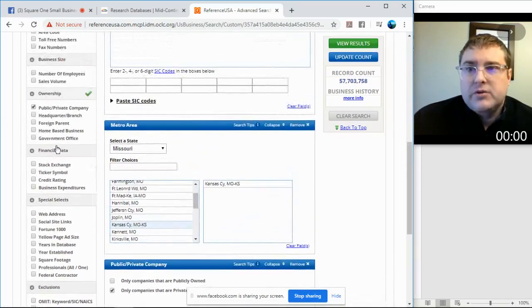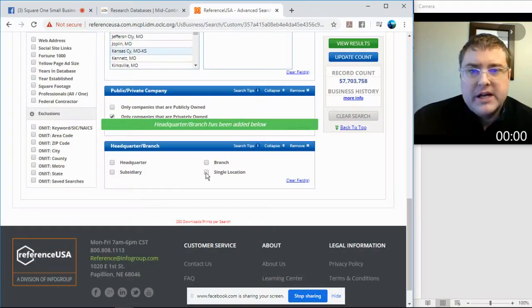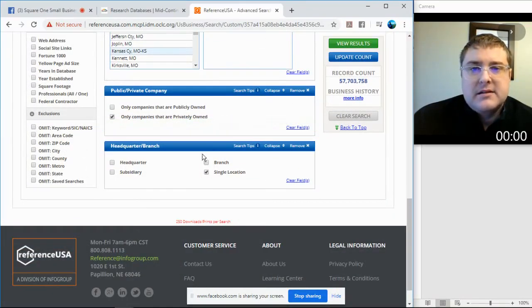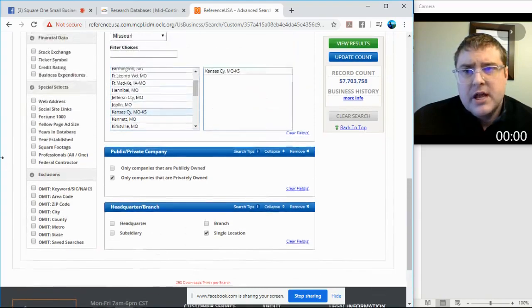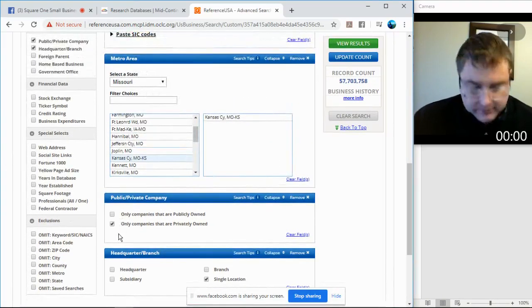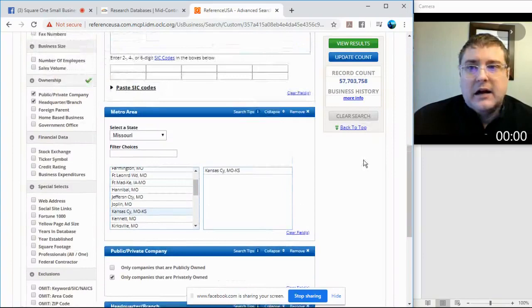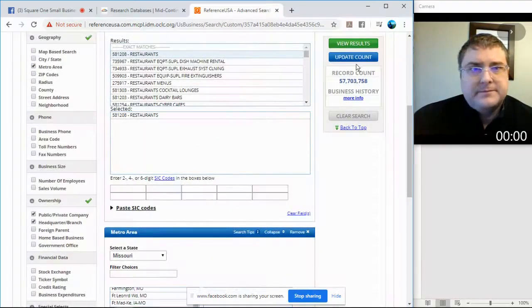I'm also going to choose under headquarter branch the single location, because this would also help me find my target customers. Sometimes even if a business isn't publicly owned, it can be a chain that's privately owned, and they could have the same sort of contracts that they're locked into for their point of sale system. So we're going to just choose restaurants that have a single location that are privately owned and are in the KC metro area. So if we hit update count, we see that the number is